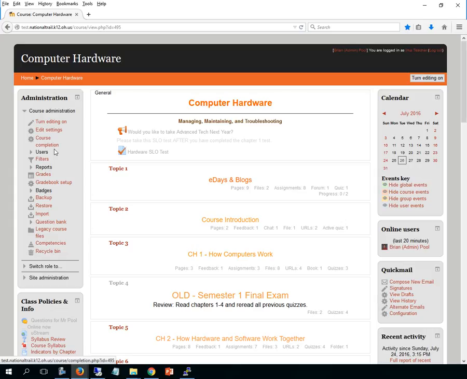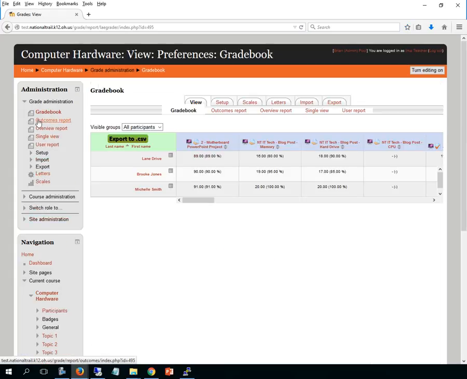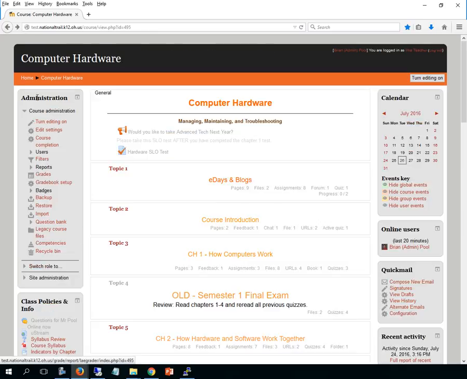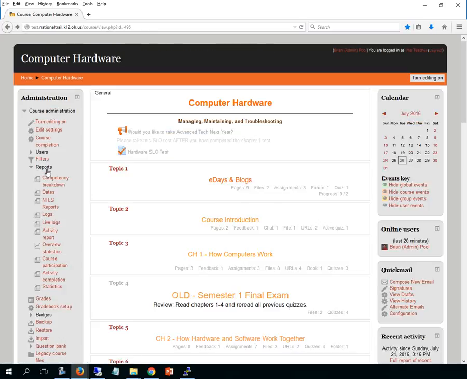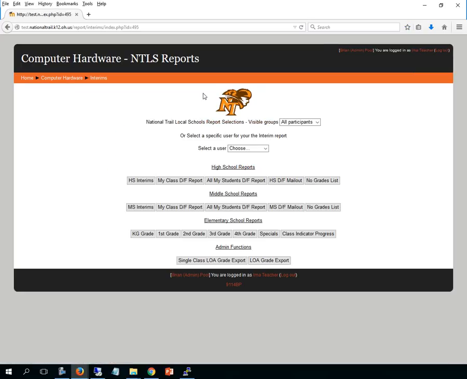I have it set as the new way of having it collapse to topics, but that doesn't really matter. The new way we get at it is through the administration side over here under the report. So if you go down here, you can see this is the spot where we go to the grade book under grades, and the other thing under administration is reports, and one of those reports says NTLS reports, and if you click on that you will go to the new reports page for our interims as well as our elementary